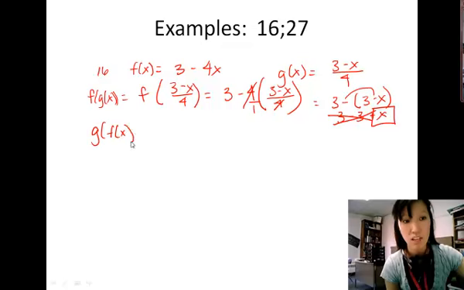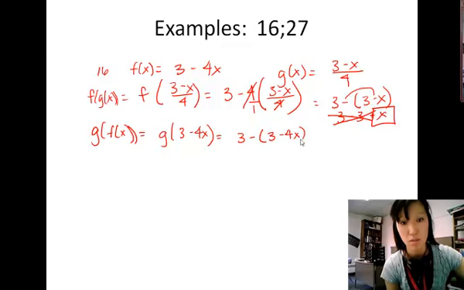If we took g of f of x, that means we're inputting this inner function of f of x into the other. So we have g of 3 minus 4x. This is going in as an input into this g-defined function. So 3 minus, in parentheses, 3 minus 4x, all over 4. And you will see here again, these have to distribute, and then this is a plus. So 3 minus 3, they cancel out. 4x divided by 4,